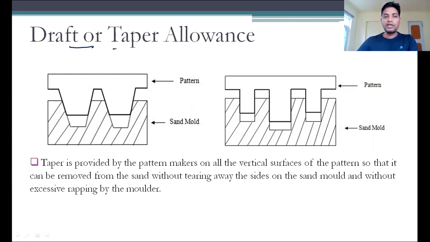Next is the draft or the taper allowance. Why do we have to provide the draft or taper allowance, guys? Because, for example, this is the pattern. So this is the pattern that we keep inside, and then we fill the molding sand. When you bring this pattern outside, definitely the molding sand that is attached to it will not leave it. So for that, either you have to push it with a hammer from outside, or you have to pull it. And if you pull it, then whatever molding sand is in contact with this one will try to leave the space, and it will fall inside. So if it falls, then